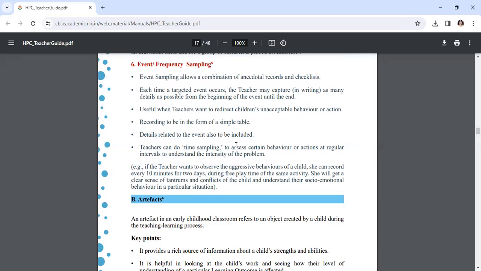Teachers can do time sampling to assess certain behavior or actions at regular intervals to understand the intensity of the problem. If the teacher wants to observe the aggressive behaviors of a child, she can record every 10 minutes for 2 days during free play time of the same activity. She will get a clear sense of tantrums and conflicts of the child and understand their socio-emotional behavior in a